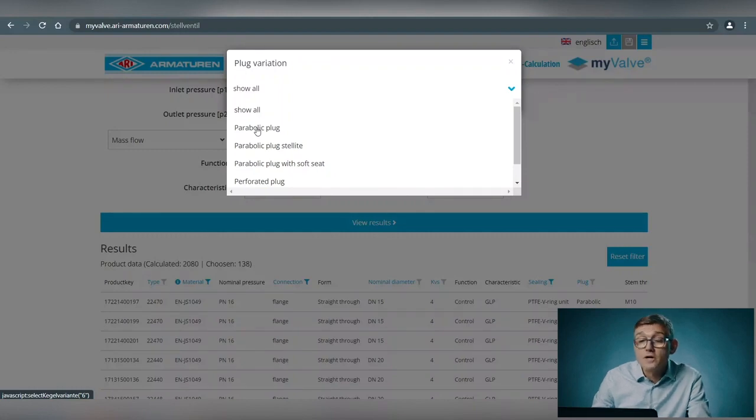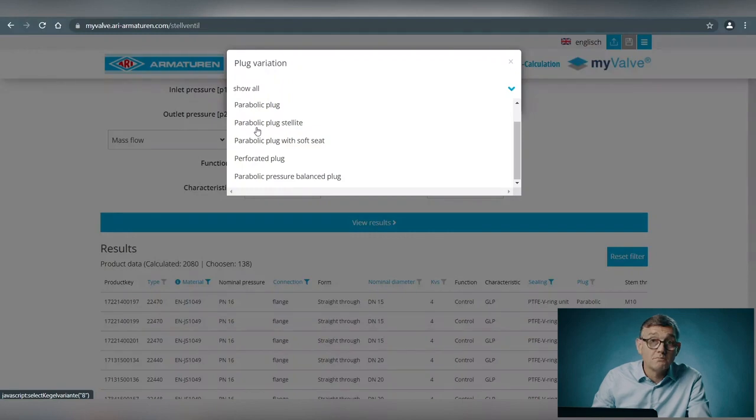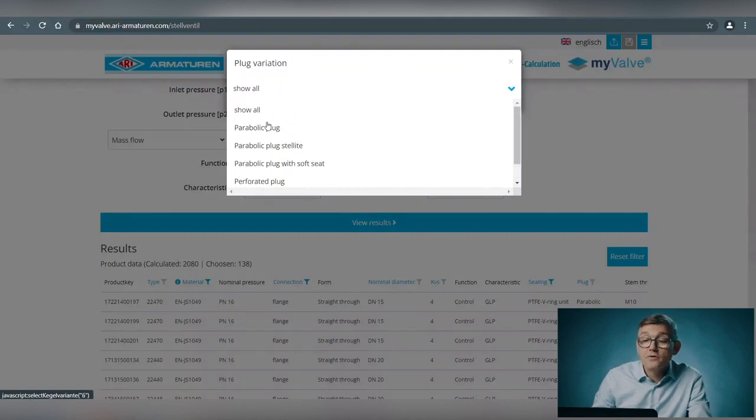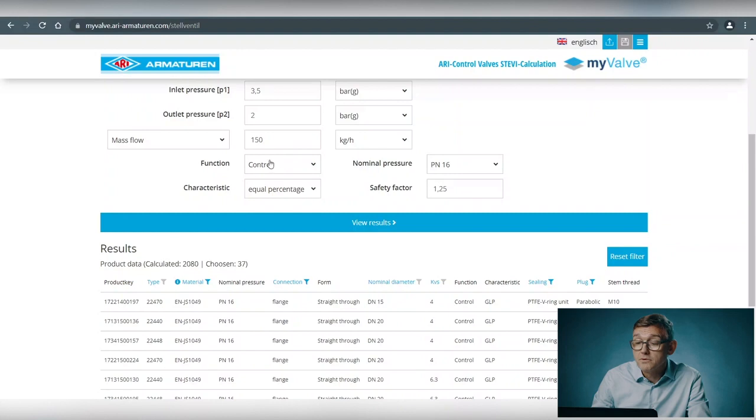But for sure, if the differential pressure is much higher than P1 divided by 2, then you should go with a perforated plug, or with a seat guided plug. That could be a perforated plug, or it could be a V-port plug design. But for our example, we go with a parabolic plug. So the chosen result is just